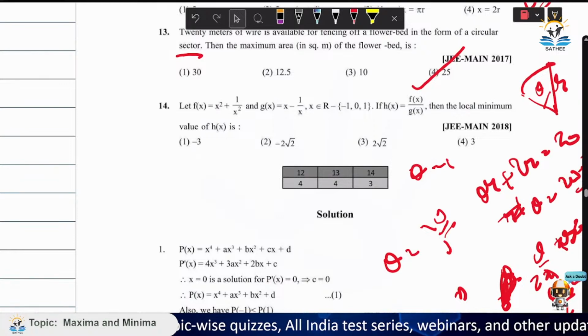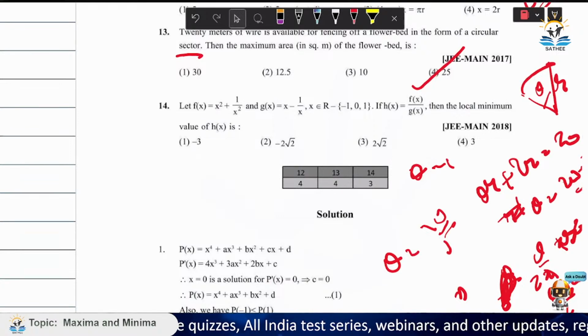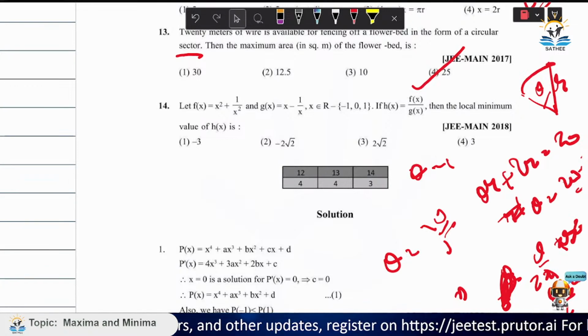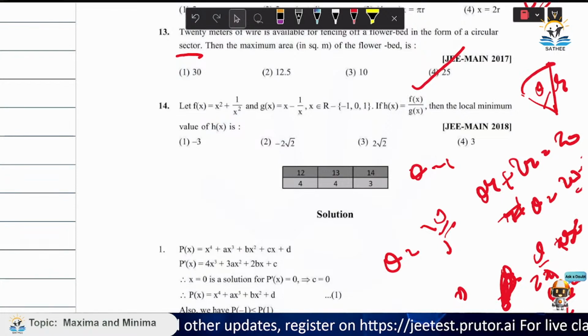If f of x is given to us x squared plus 1 by x square, and g of x is given as x minus 1 by x, for x not equal to -1, 0, 1, okay, and h of x is defined as f by g, then the local minimum value of h of x is. So it's an easier question again. So what we do here is,